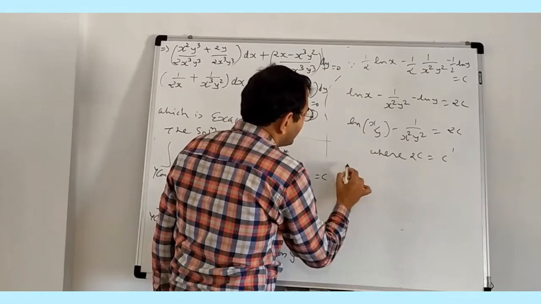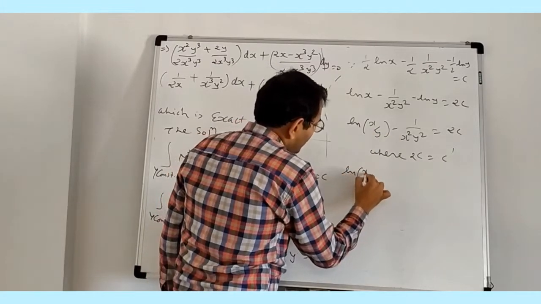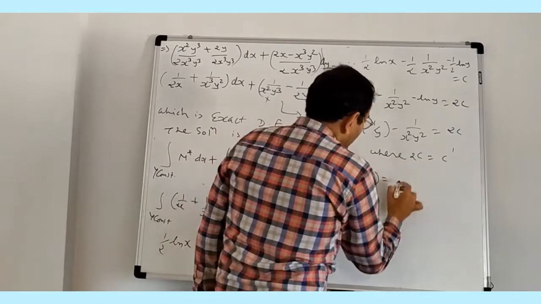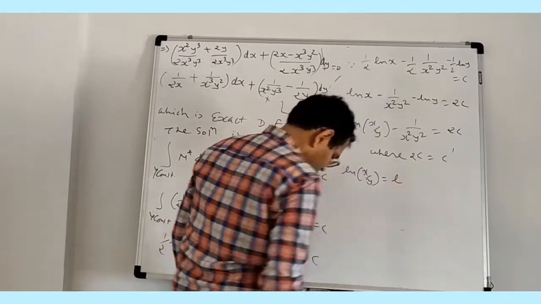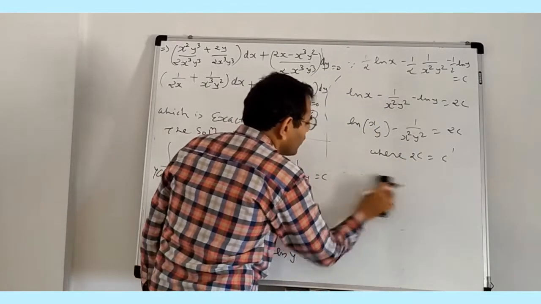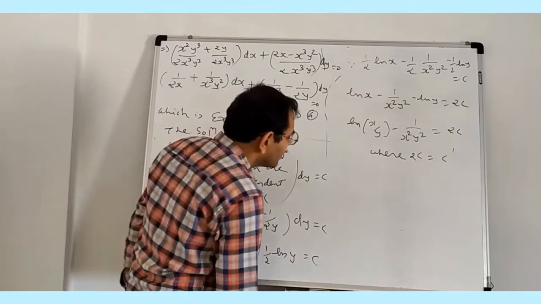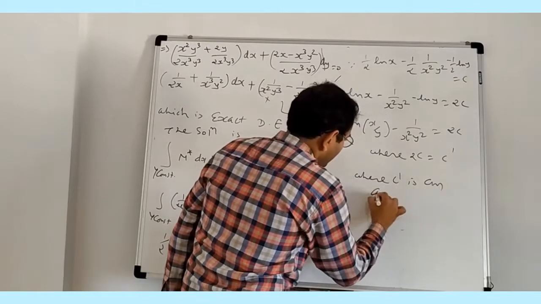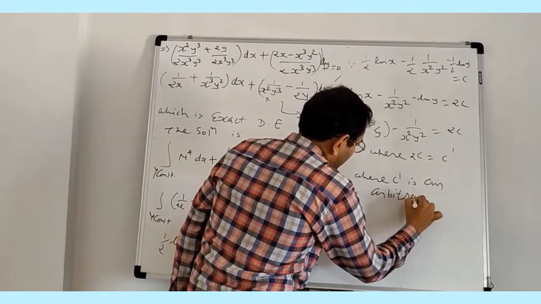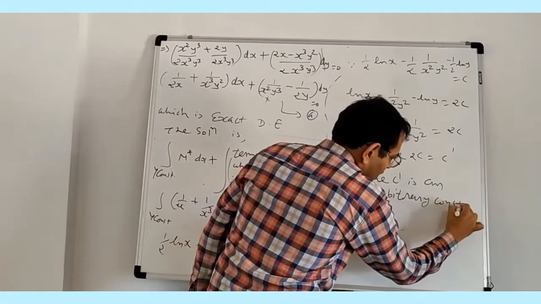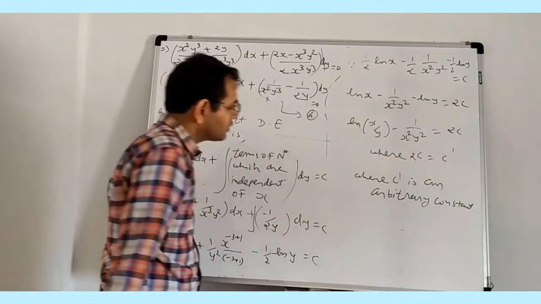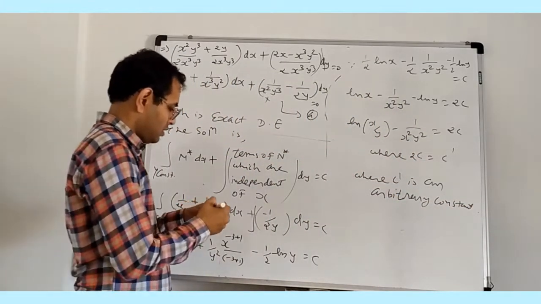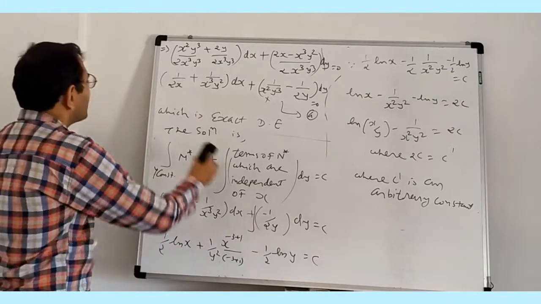We can write ln x by y in terms of, it's okay, we no need to simplify that term, where c dash is an arbitrary constant. Another example is